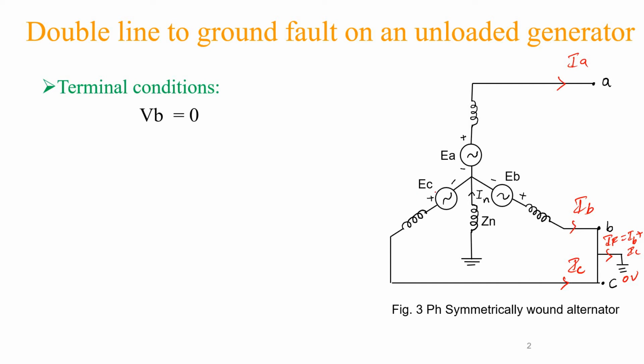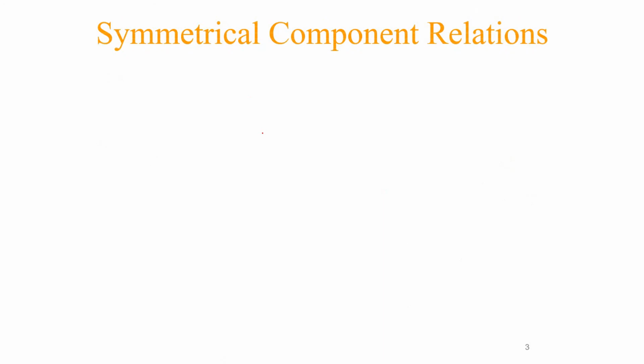Both are short circuited. These two will be parallel. These parallel circuits are dead shorted. So that is why both voltages will be equal to 0. Therefore VB is equal to 0 as well as VC equal to 0. And coming to phase A current, this IA current also will be equal to 0. By using these conditions, we are going to find the symmetrical components of the voltages, because we know two conditions for the voltage.